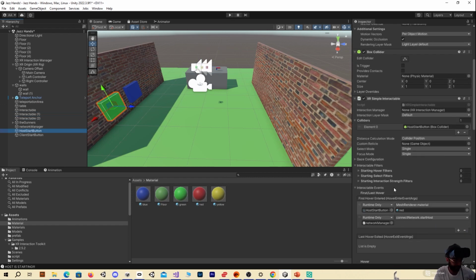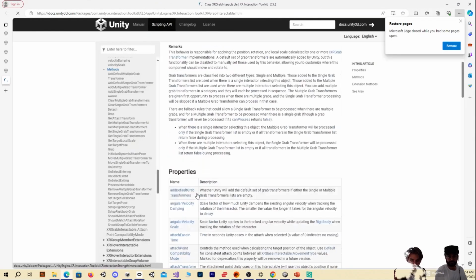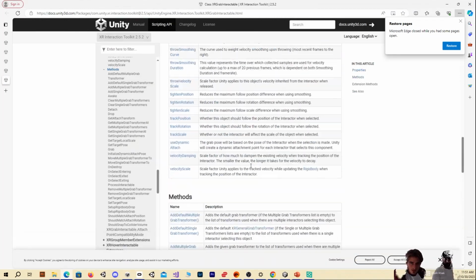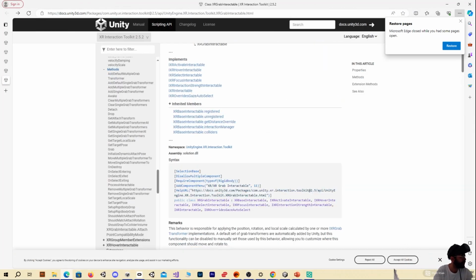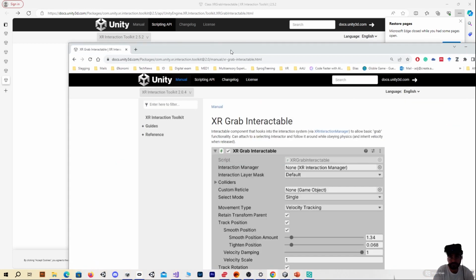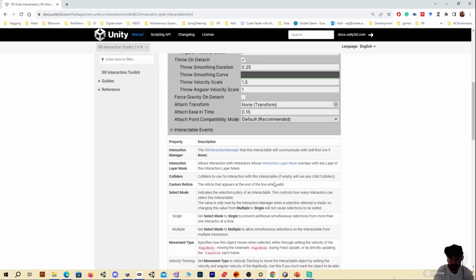But what I'm curious about, just to see, what if we go into the documentation of the grab interactable? Does it say the same about the child object? Colliders. Yeah, it's the same. It says if empty, will use any child colliders. So we assumed that it would work. It didn't work. We still love Unity XR Interaction Toolkit, don't get us wrong, but